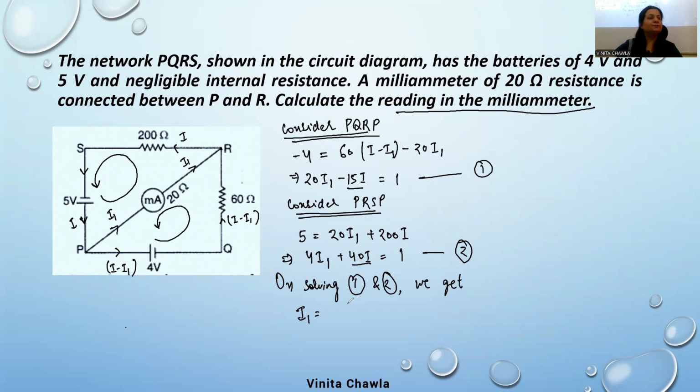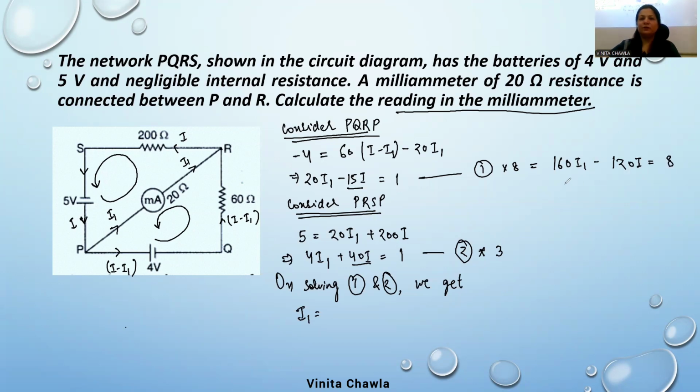Yes, give me the answer. Multiply this by 8 and this by 3. Get 8 times 16, 160 I1 minus 120 I is equal to 8. And here you will get